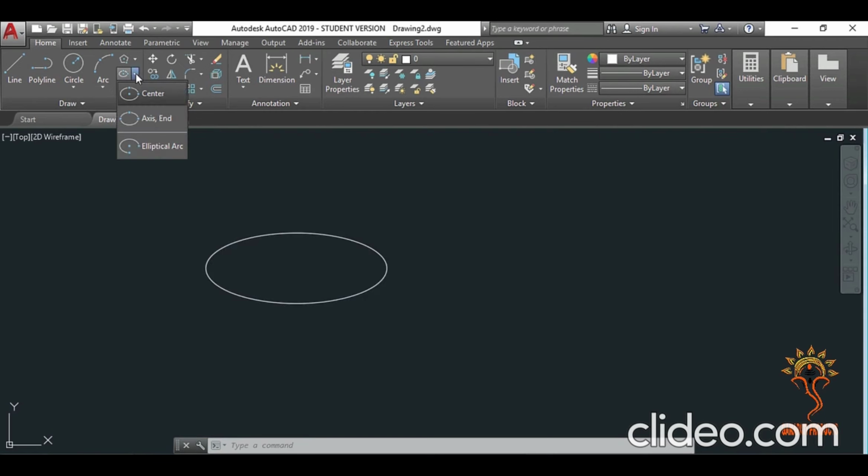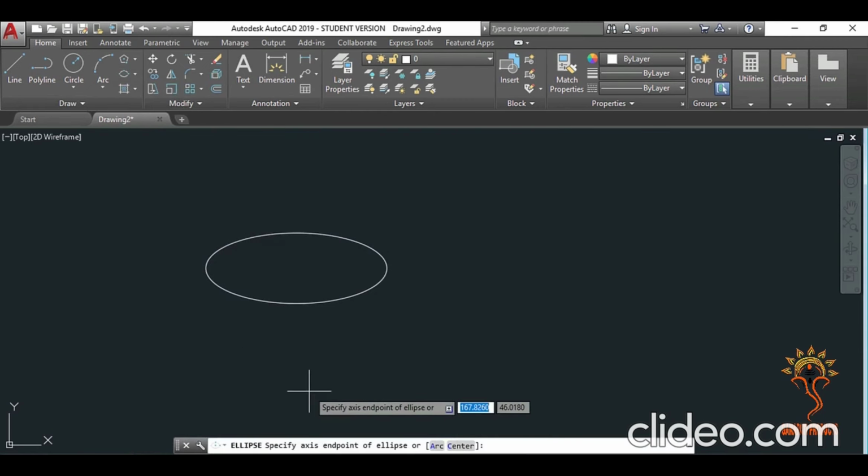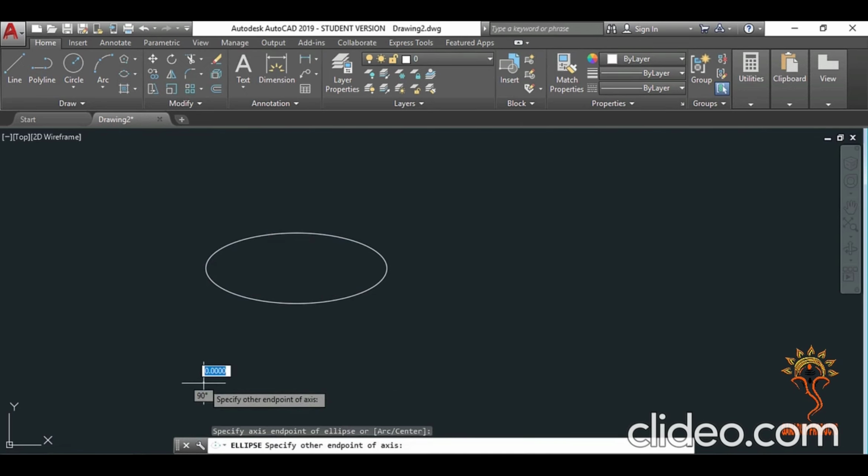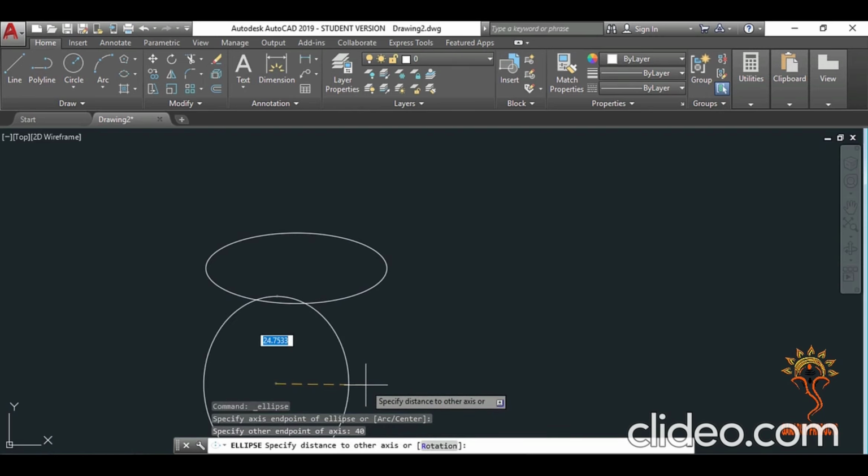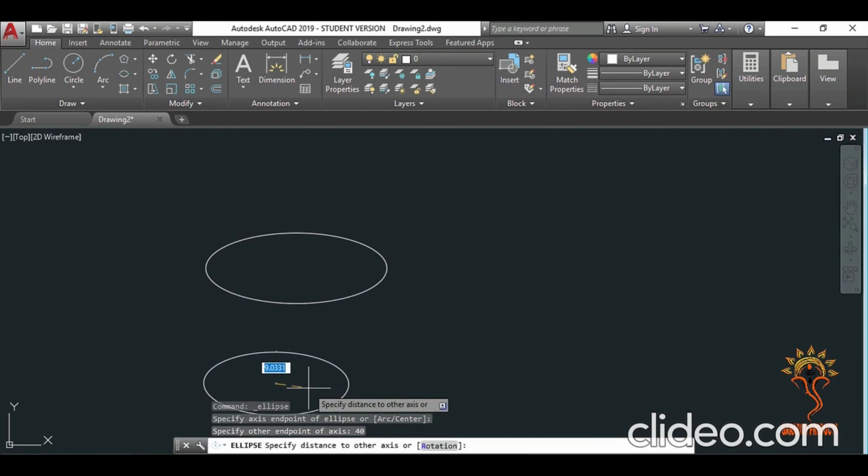Now let's draw an ellipse with the second option, that is axis and end points. If we start, first we have to mention the first end point, and then we need to mention the other end point of the ellipse. For example, just take the main gap, say 40 units, and the gap between the other axis, take it as 8 units. Now we have our